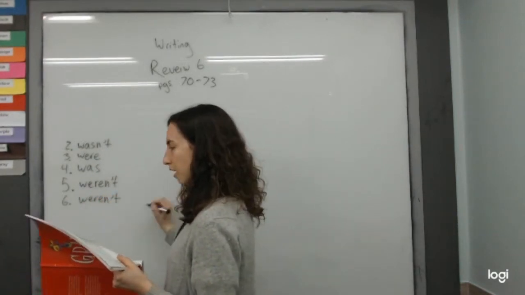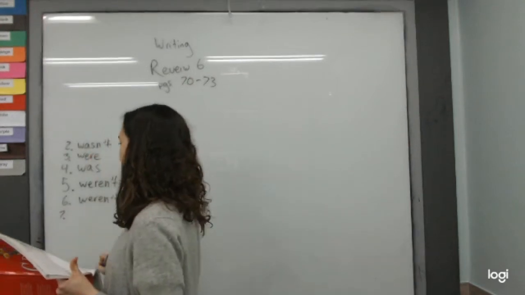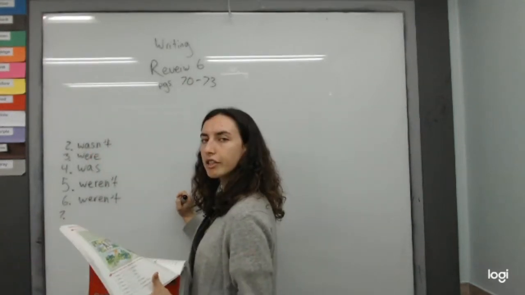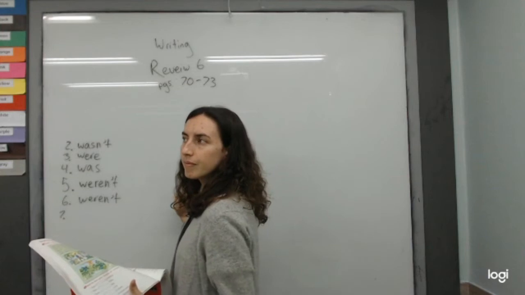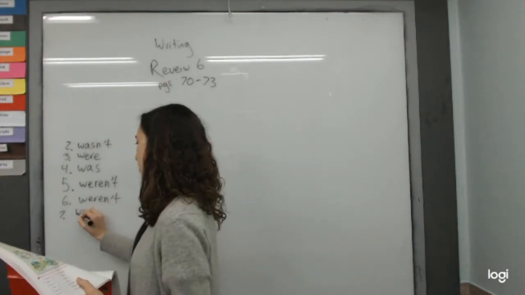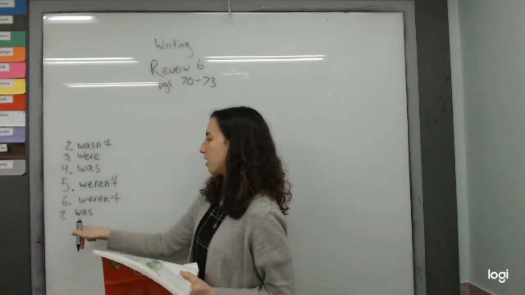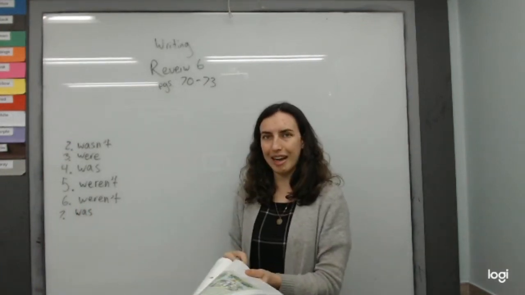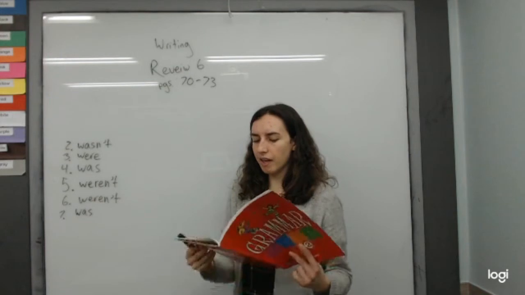And then the last one, number 7, there a strange creature. For this one, yes, there was, so we say there was a strange creature. 1, so we say was, not weren't, okay? Good, so on the next page,